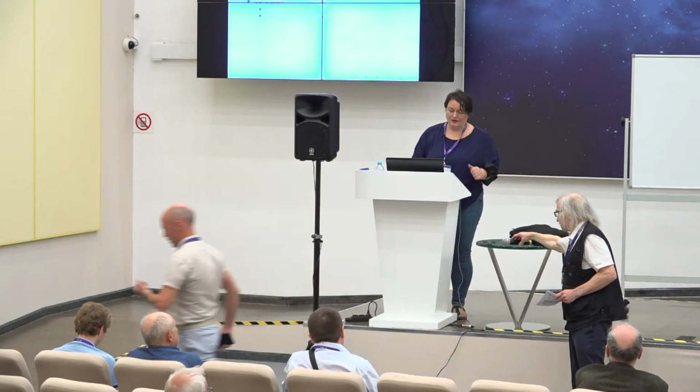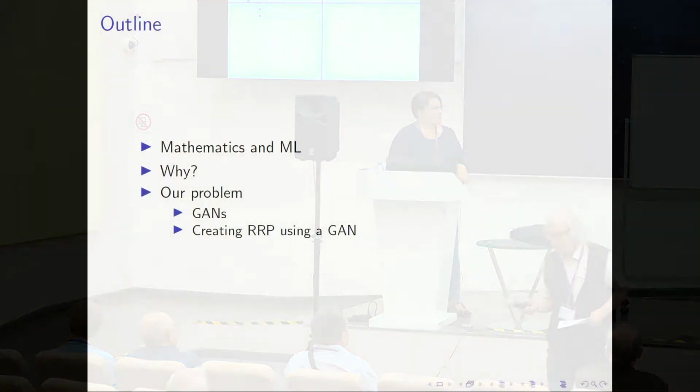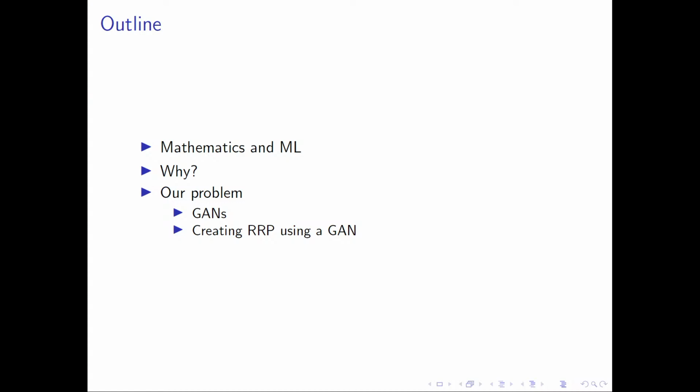Hello, I am Başak Karakaş from Gebze Technical University in Turkey, and my advisor Zafeirakopoulos and I have been working on creating real-rooted polynomials of low degree by using generative adversarial networks. In today's talk, I want to mention what we did until now and what we plan to do after that. Firstly, I want to talk about mathematics and machine learning, and after that, I want to give an answer to the question of why we want to do